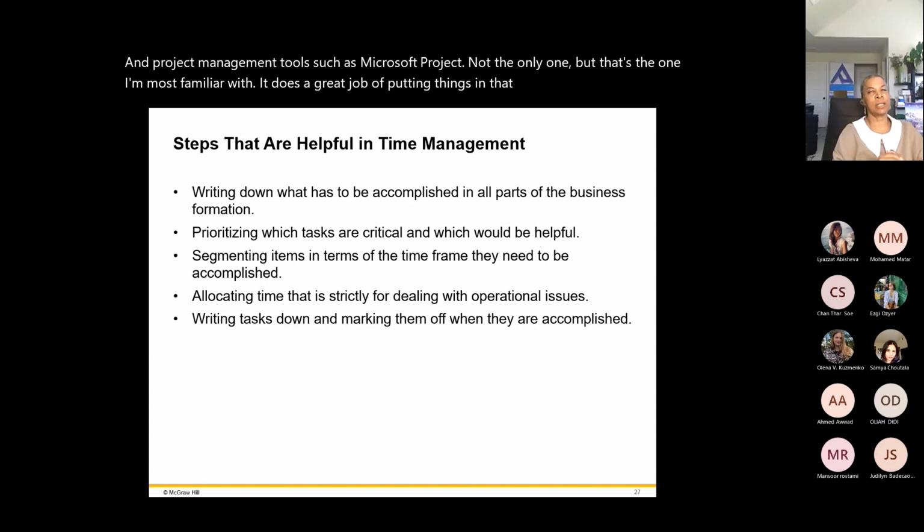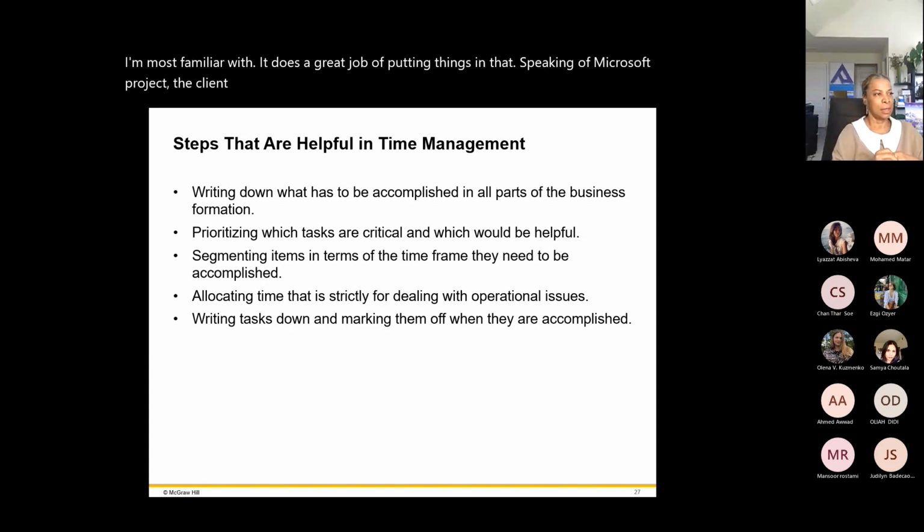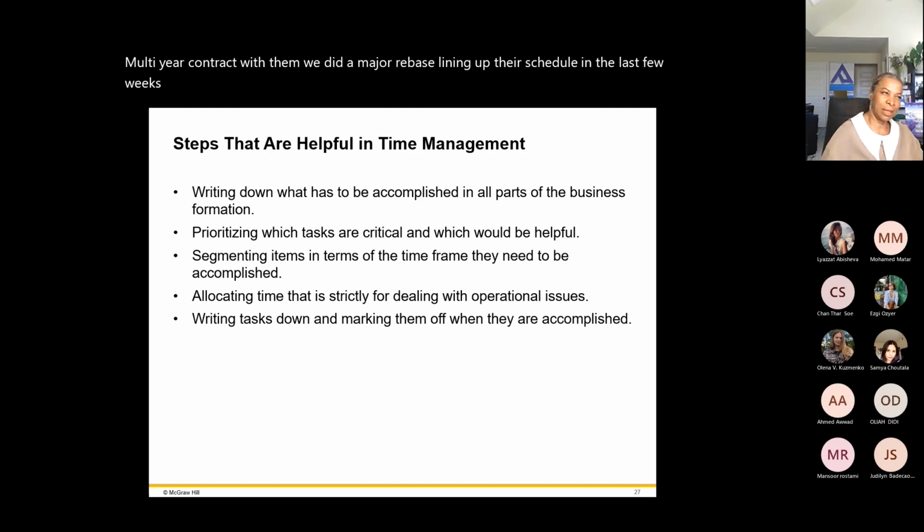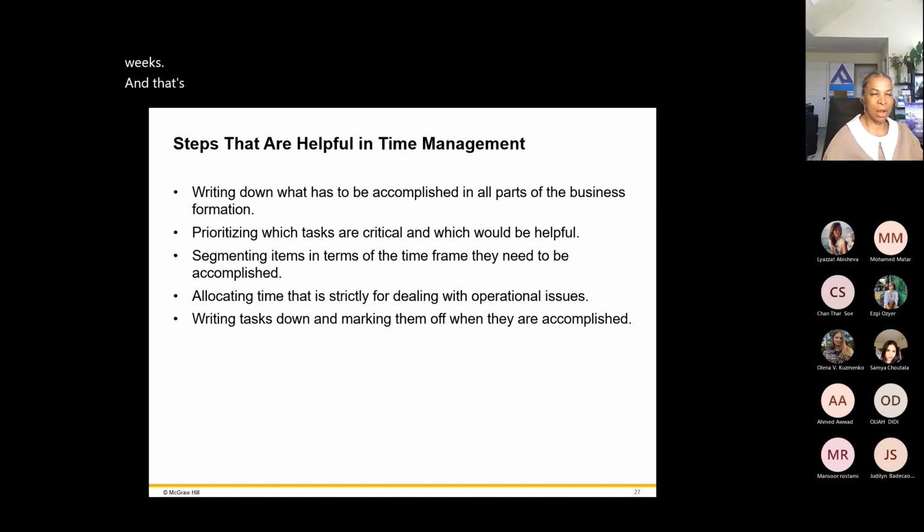Speaking of Microsoft Project, the client that I'm working with, it's a multi-year contract with them. We did a major rebaselining of their schedule in the last few weeks, and their schedule has, I want to say, 85,000 lines in terms of tasks to be done. So that was a very big lift. My part of the schedule, which is OCM,